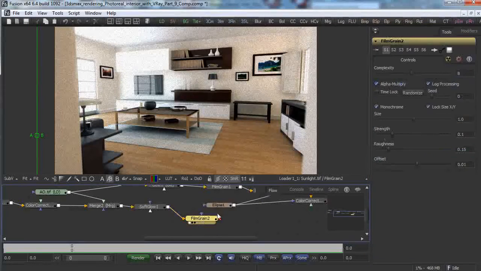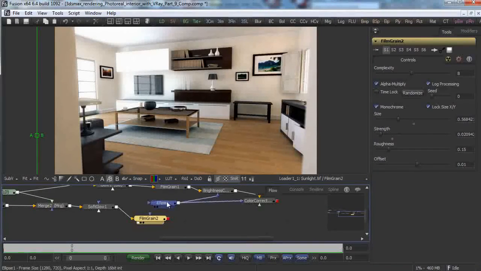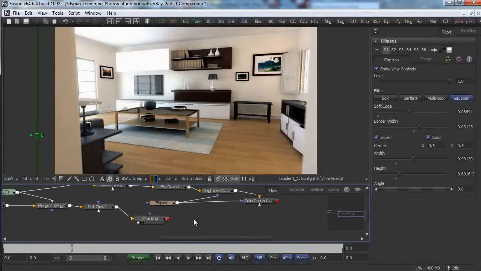Okay, and there the thin grain is more little. And it is okay. Nice. Then we have again the same, and we can use